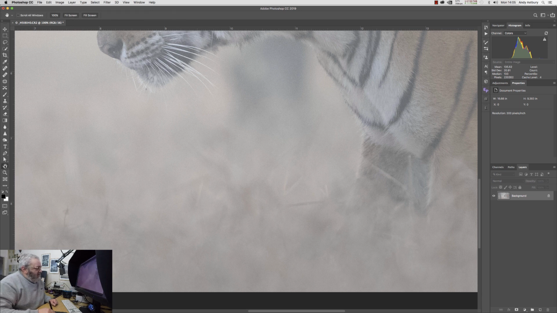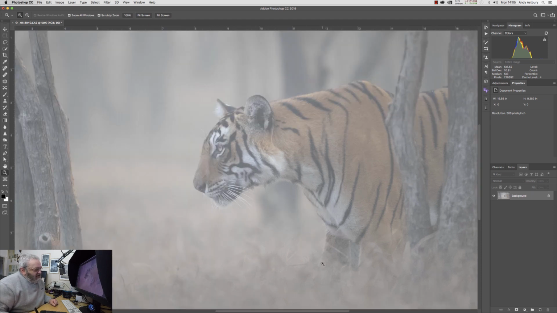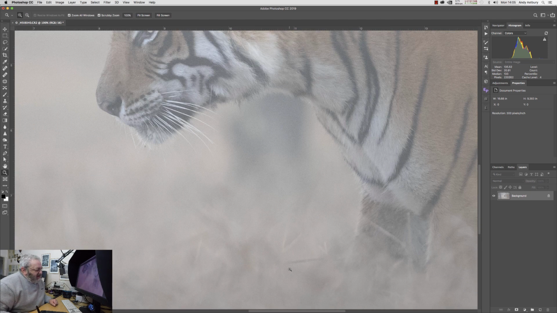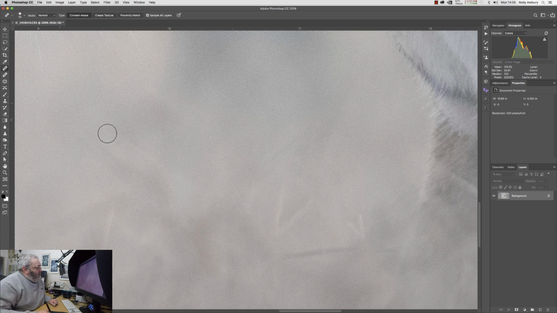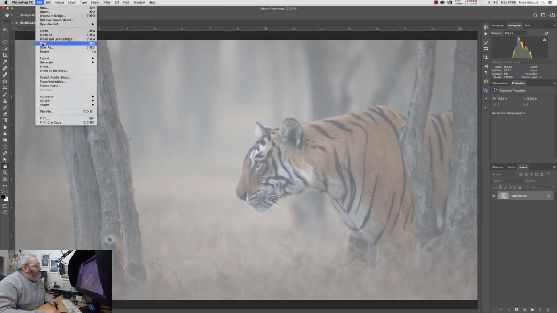That's got rid of that, take it back to a fit to screen view, and yeah, might just come and take that dark bit out there, and go and pick up the spot healing brush again, and just paint across there, and across there. Yeah, I think that'll just about do. Is there anything else? No, that's all looking relatively fine. We'll go File, we'll go Save,